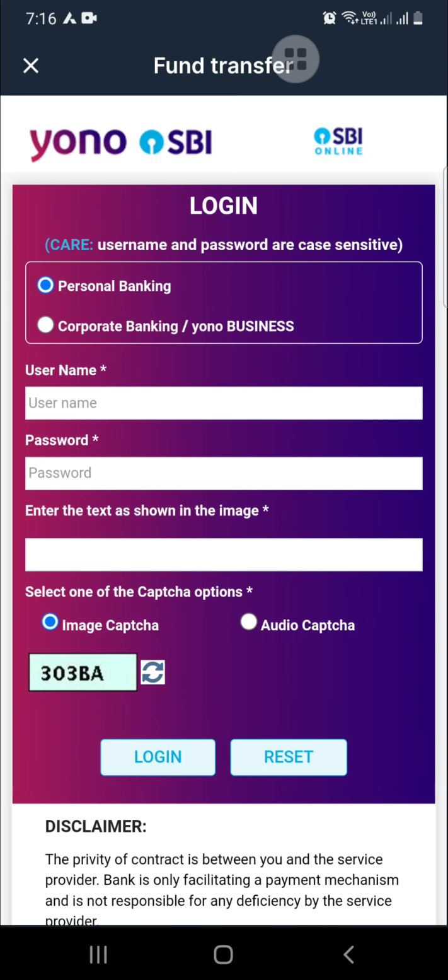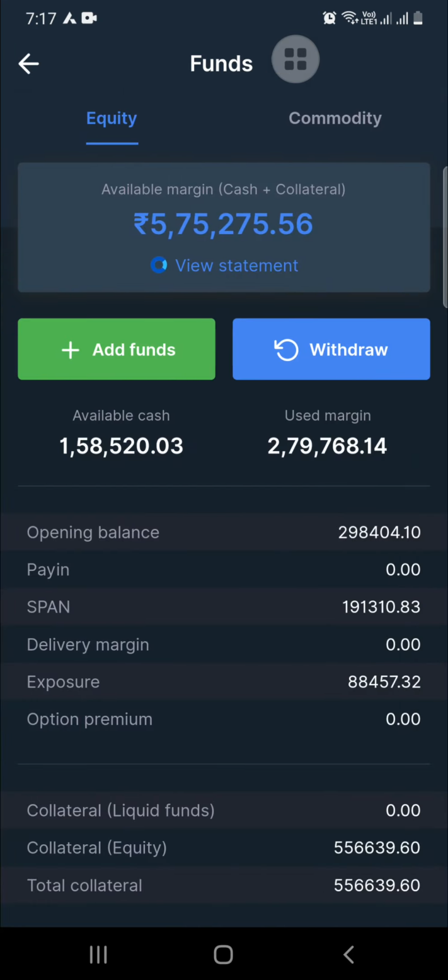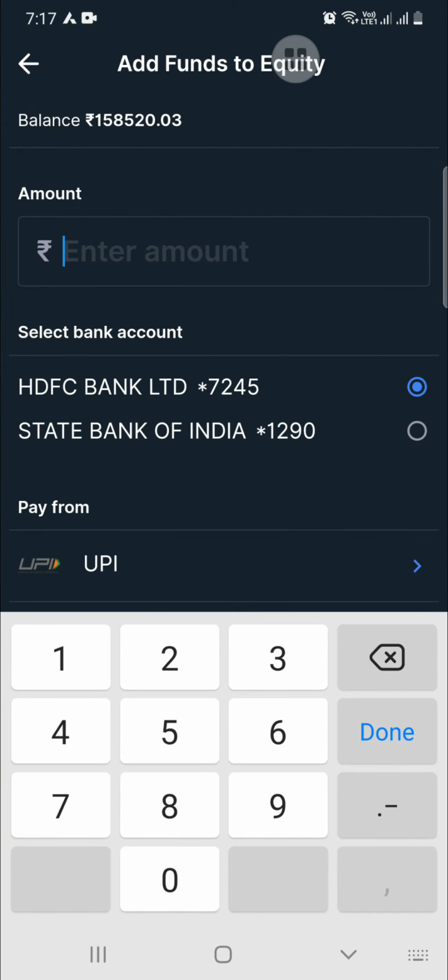If I select State Bank of India, now see, it has taken me to the Yono SBI login page. Here I'll have to put my user ID and password, then login. It's the same procedure for how I transfer my funds to other banks. Now there is one more option here,